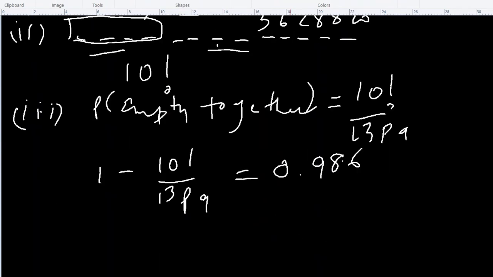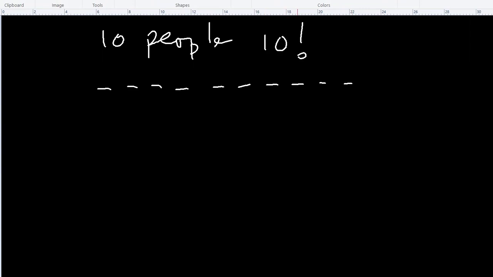Sometimes they complicate the things by making it a little difficult. Let me give you an example. So there are, say, 10 people. They have to stand in a line. Right? So 10 people, 10 places, we know the total number of arrangements will be 10 factorial. When the number of spaces and number of people are equal, the factorial of that number is the total number of arrangements. But they can give a situation where there are 4 people,